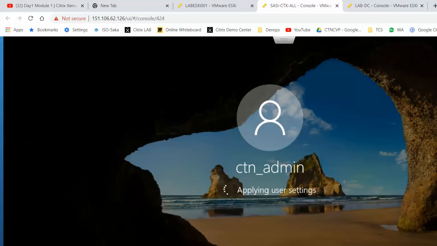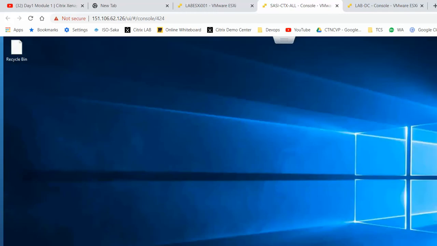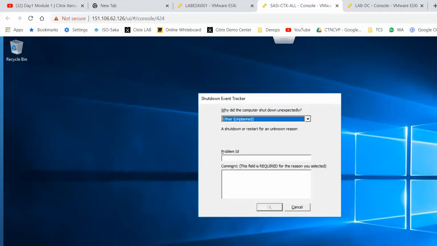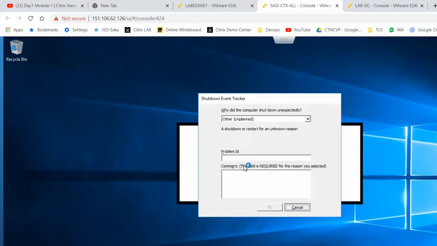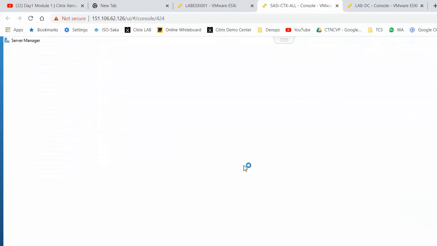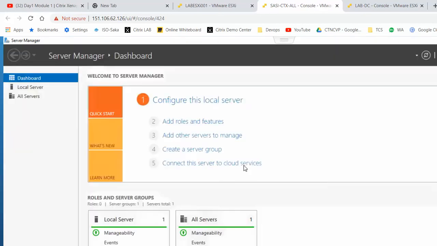Once you're logging in the first time on day one or every day, we have to leave it for at least 30 seconds so the server backend services and processes will start smoothly without any issues. If you have any shutdown tracker, you had better close it. Don't worry.